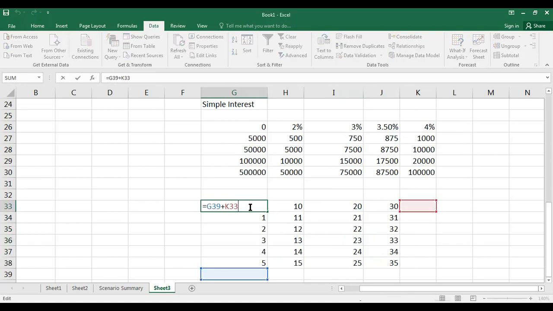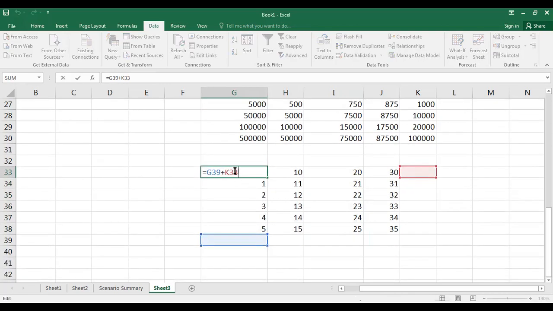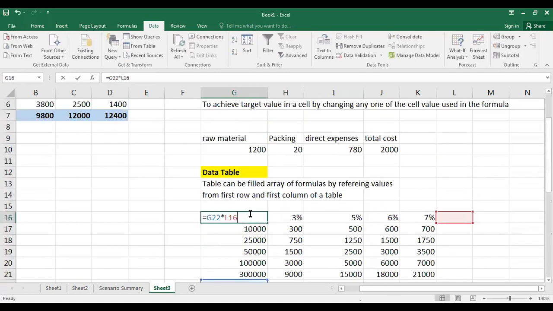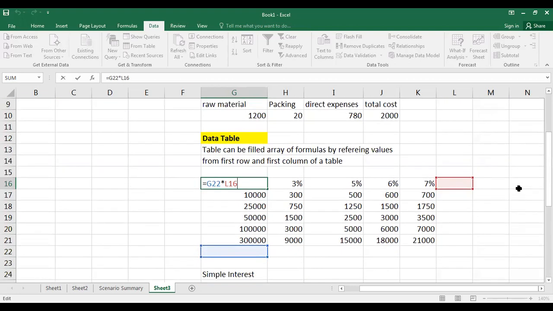The left corner of the table should be empty. You'll be writing a formula. This formula can involve any expression: addition, subtraction, multiplication, or an interest calculator. So any calculation, basically for science, engineering, or even in our cases, accounting. For all of these, if they have to prepare a table with a set of values with formulas, then go to data table.